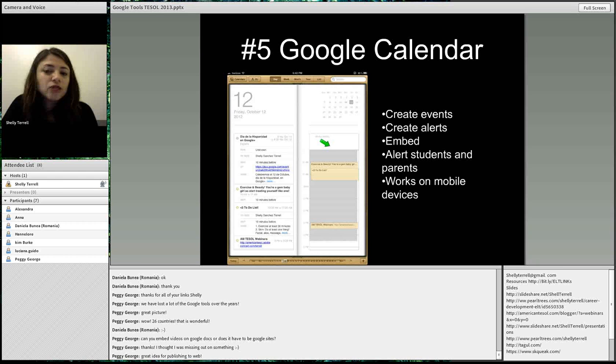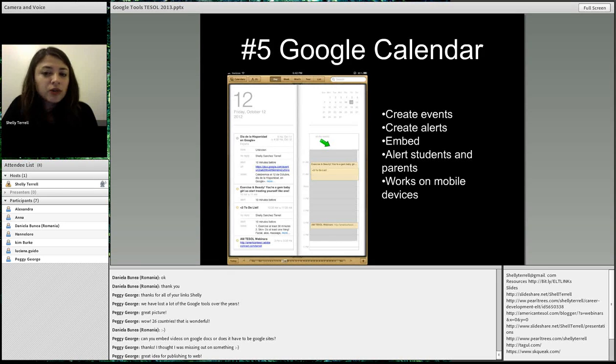The other one is Google Calendar. Google Calendar is really incredible. I went to a Teach Meet in Toulouse where I was the plenary. And they did these little mini presentations, and one of the professors there used it with his high school students, his teenagers, and he was showing how he used it to create alerts for himself and his students. He would alert them when they had tests.